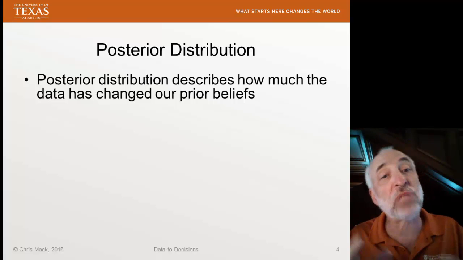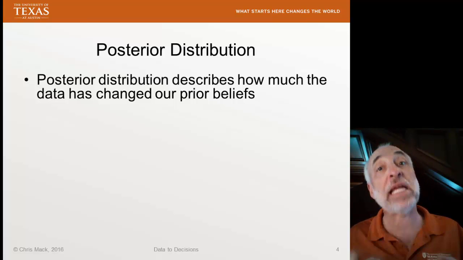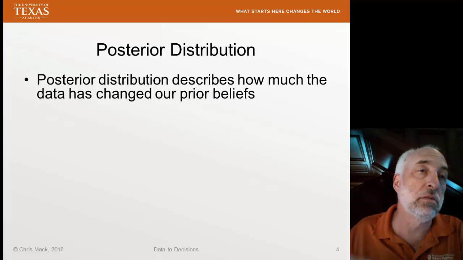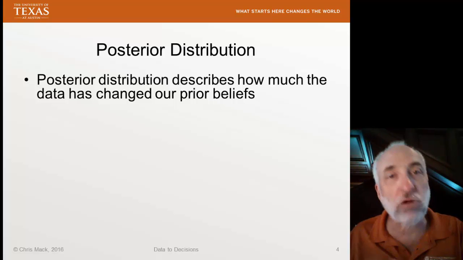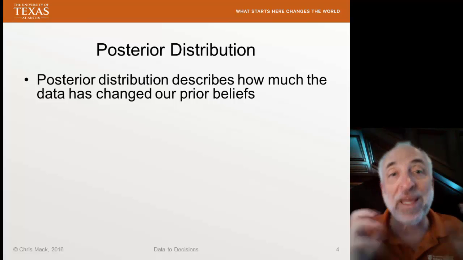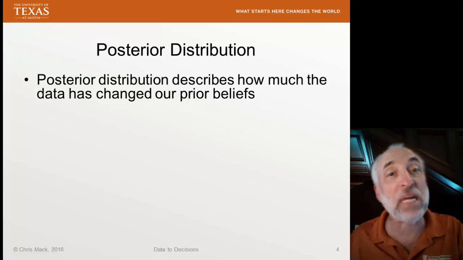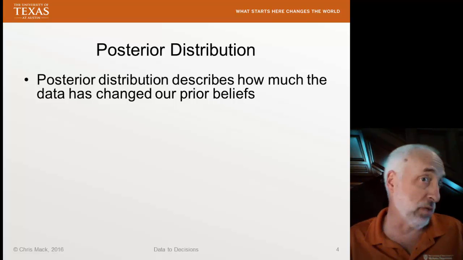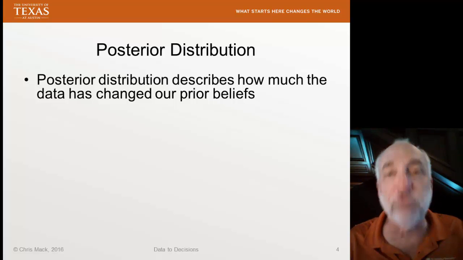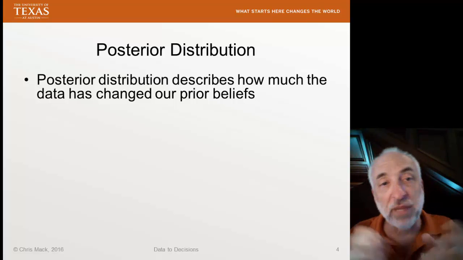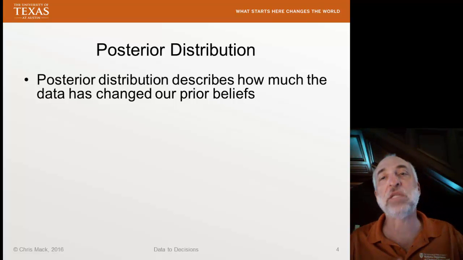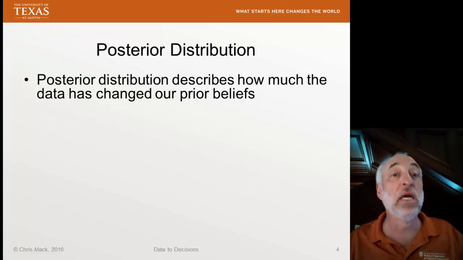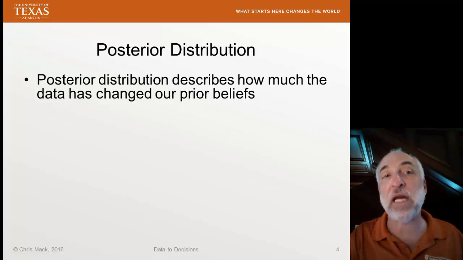Well, it describes how much data has changed our beliefs, right? So we have a prior belief described by the prior distribution. Then we have this data, and the data will be shifting our belief in some way, or maybe it won't. It might turn out that it completely confirms our prior beliefs. But that's basically what Bayesian regression is doing, giving us a mathematical way to describe how the new data